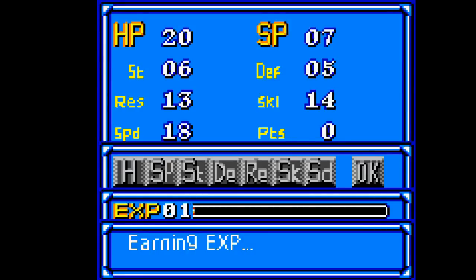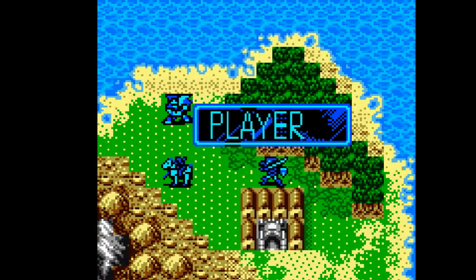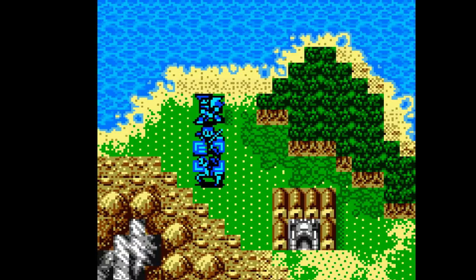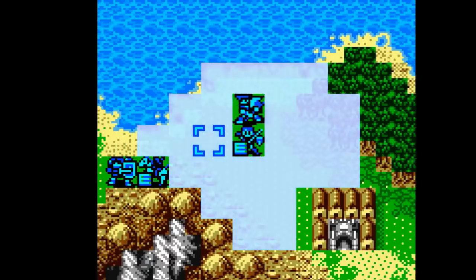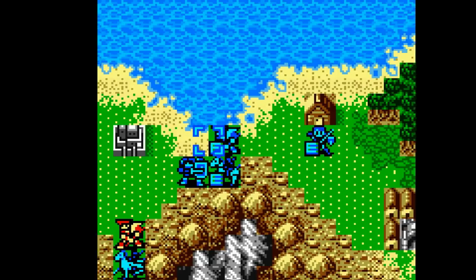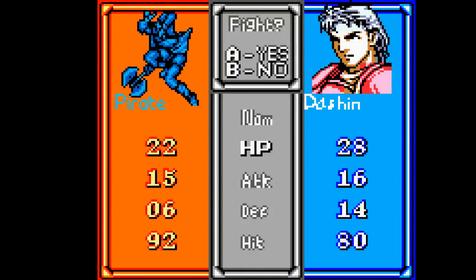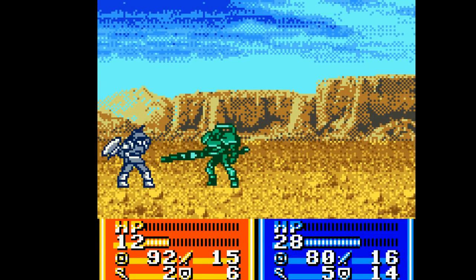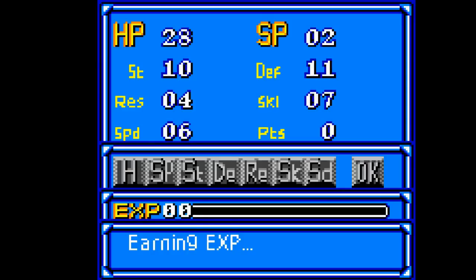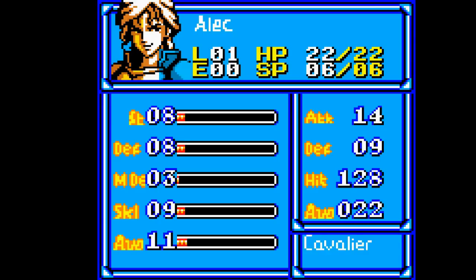Down below you can see all the different factors that play into battles. There is hit rate, avoid, I think. No, wait, no. Let's see, hit rate, damage, defense, and I can't remember what the last one is. There's also this menu in which you can decide whether or not you want to attack. Oh, HP, that's the last one. And SP is also shown in that menu, which SP is important for characters specifically like Alec, who